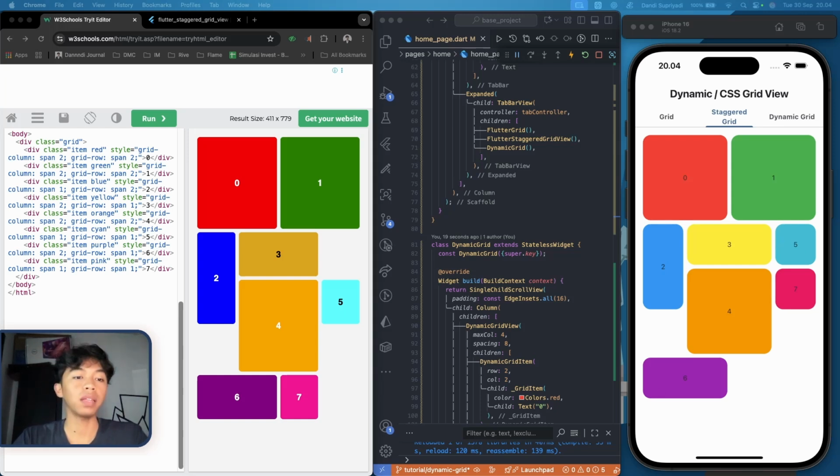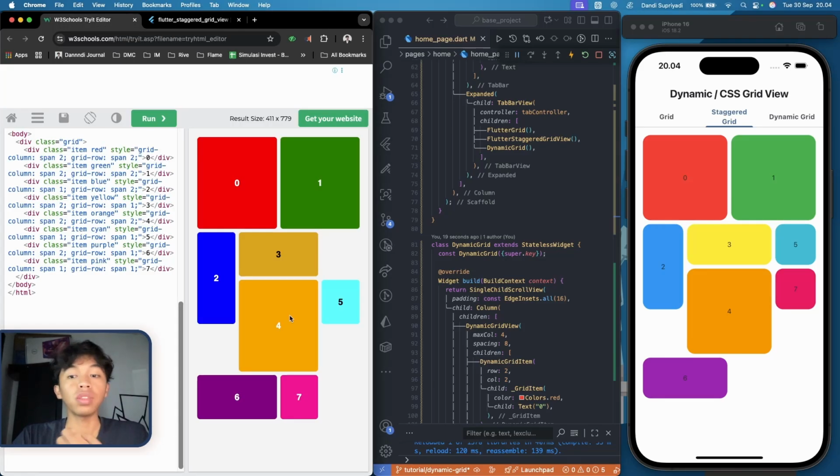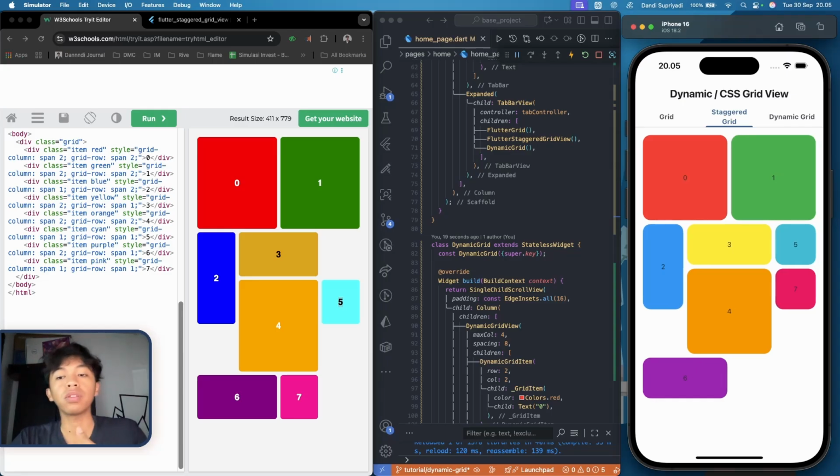3. I suspect that the implementation of this package, Flutter Staggered Grid, prioritizes filling out all available space. Like in here, the space after item number 3 is actually available for item number 5. So in Flutter Staggered Grid, item number 5 is placed after item number 3. So it prioritizes filling out all available space, not the child order. And by that, you can leave intended blank space like this in Flutter Staggered Grid, but with an extra step. So it is just because I'm curious.